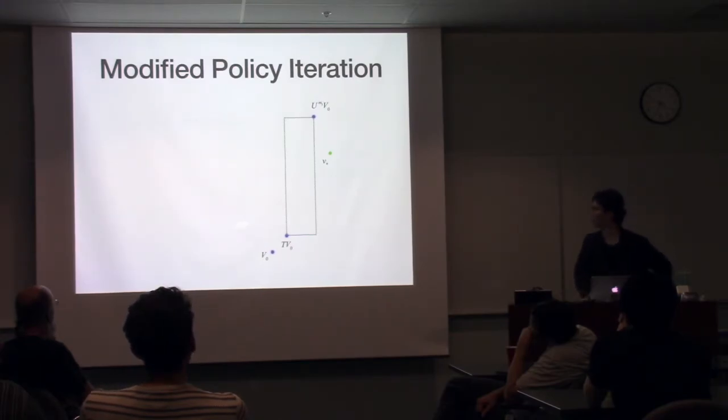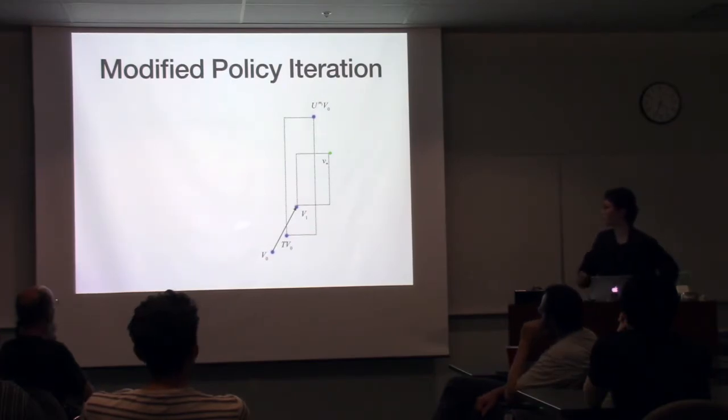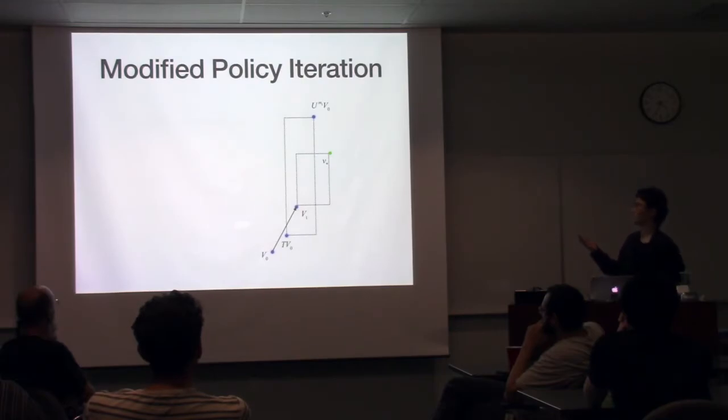So first you find a lower bound and upper bound, you draw this kind of rectangle, and you find your next value estimate. And because of the monotonicity theorem, v2 is going to be better than v1. And it can't exceed v star because the monotonicity theorem says that you need to keep improving until you converge to v star. So it's going to be inside of this